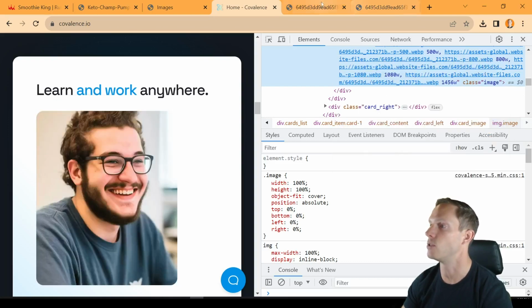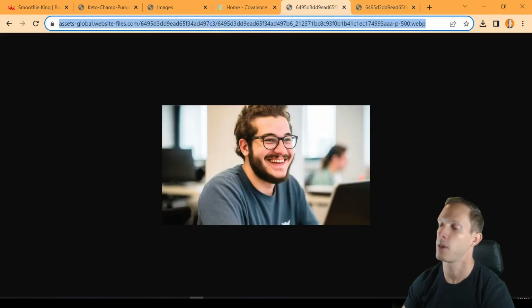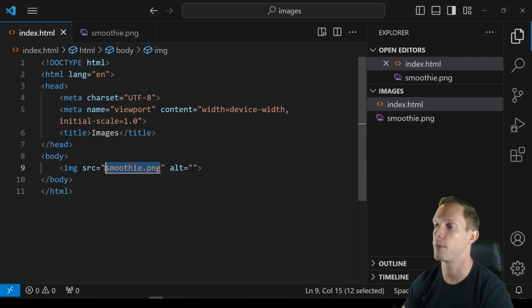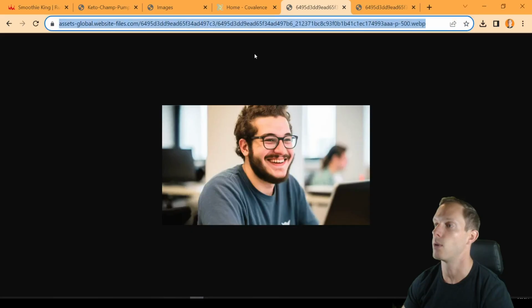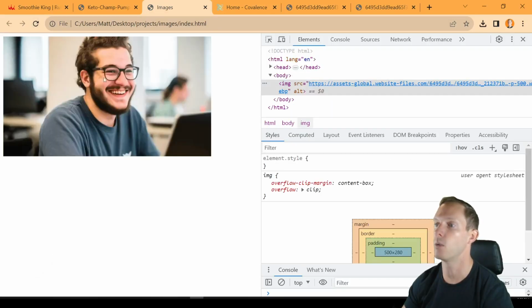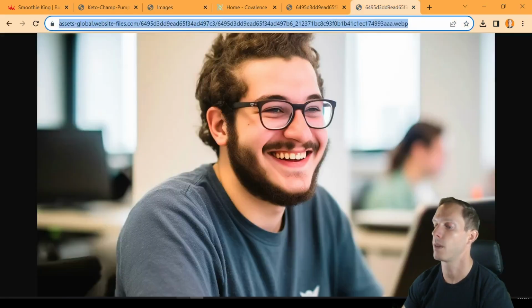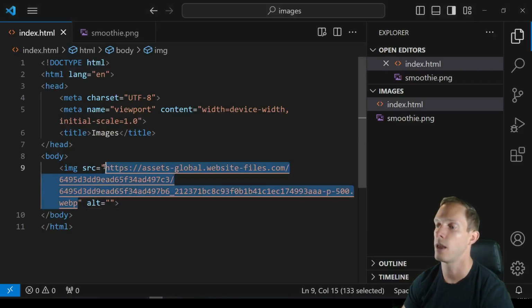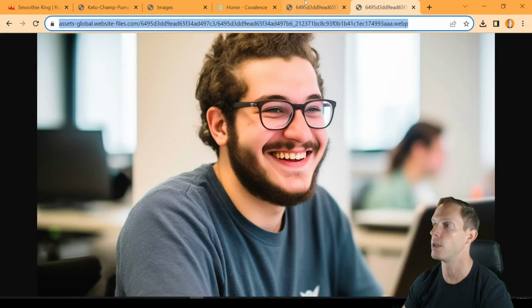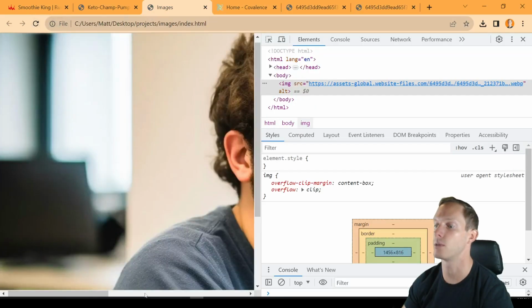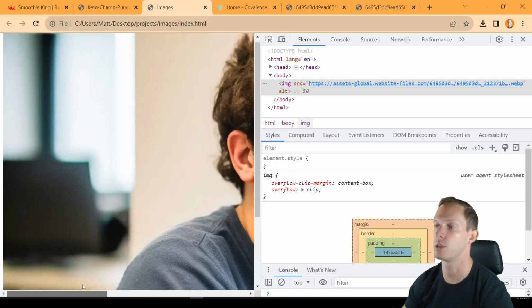So just to show that, if we grab this, go back to our site, pop that in the image source and refresh, we will actually see this image, right? It's the much smaller image. If we were to grab the bigger one, again, we're not using CSS to modify any of this either, so it is going to show the natural size of it. If we do this, we have this huge image that we actually have to scroll to see, right? So again, that is another way of grabbing images from a site,